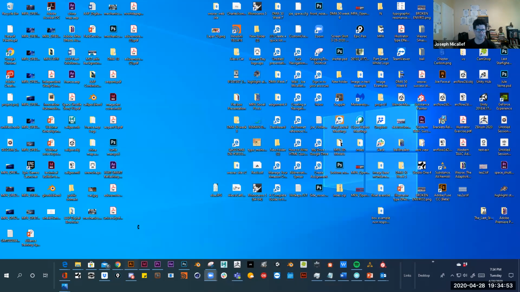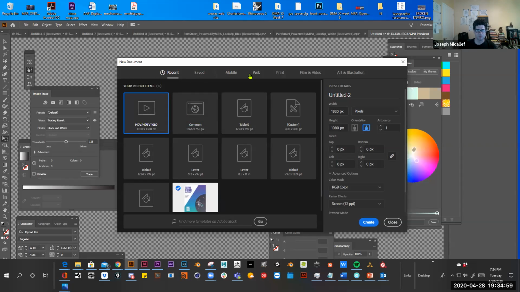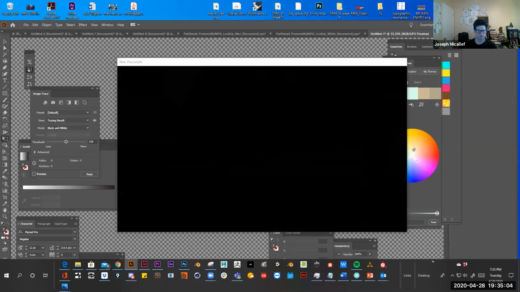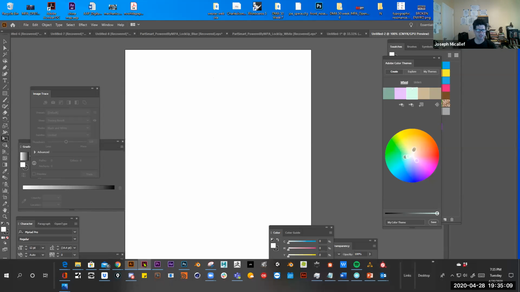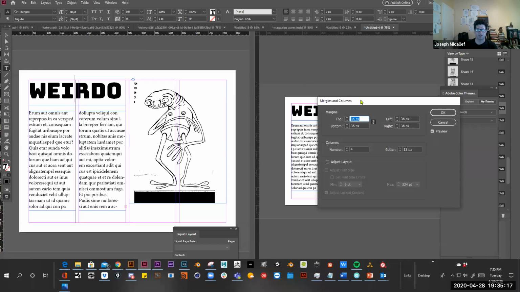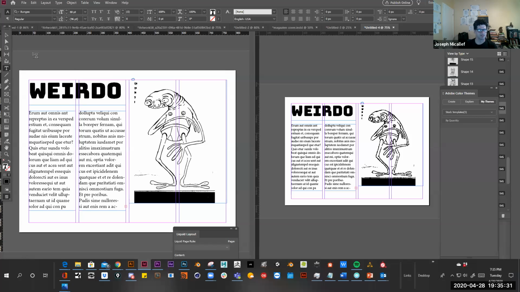Okay, so here we are in Illustrator, and I kind of showed this to everybody in the video, but I'll just show you again. I kind of want to do a compare and contrast as well. So the thing about InDesign, if I go back into InDesign, you have layout here, and you can create these margins and columns here. So you go to margins and columns, and then you can create columns, and basically you can create your columns here in a gutter. And then when you have your text boxes,